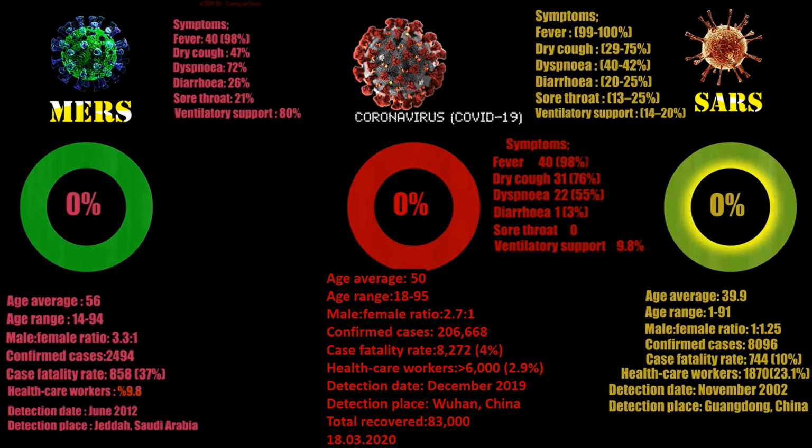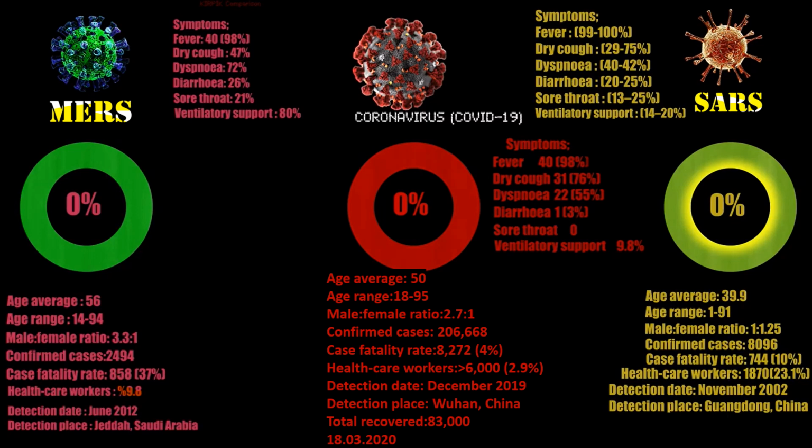The same presentation was seen also in COVID-19: fever in 98%, dry cough 76%, dyspnea in 55%, with other symptoms like common cold-like symptoms. For COVID-19, the average age was 50, and the age range was from 18 to